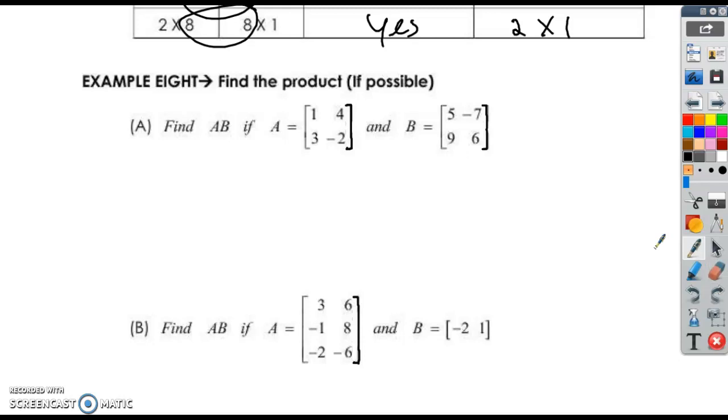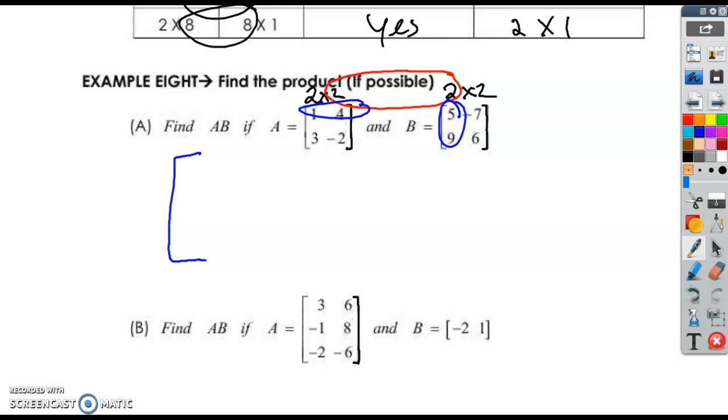So find AB, that means A times B, if A is that, those are the matrices. Okay, so this is a 2 by 2, and this is also a 2 by 2. So first thing we're checking is, all right, we're good, we can multiply these. So let's go ahead and do it. So 1 times 5, I'll write it bigger, 1 times 5 plus 4 times 9